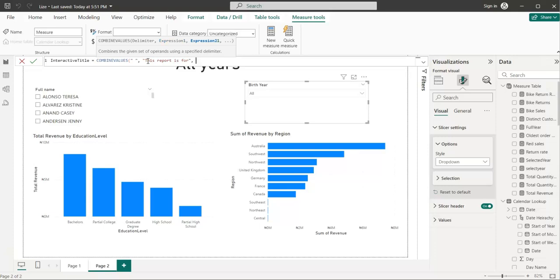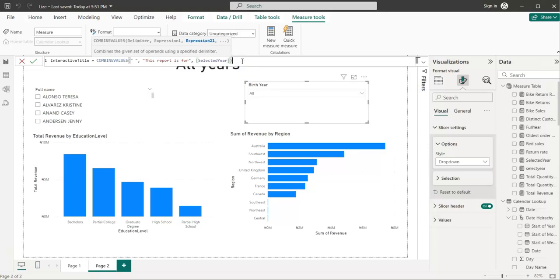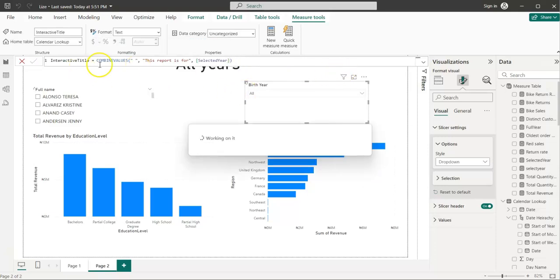Then what I want to do basically, you know that we created a measure the other time that is the selected year. So any year that we select, we want it to come together as a concatenated value with this report is for. So if we select 1910, then it's going to show 1910. If we are not selecting anything, it's going to say this report is for all years. So I'm just going to select the measure that we created the other time, which is selected year. Then when I run this,